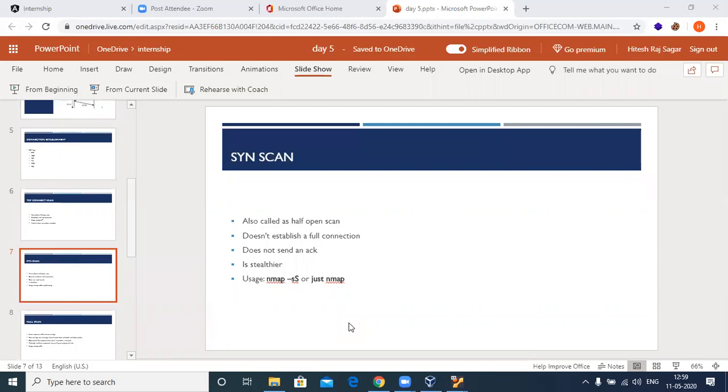Even if it is wrong, no problem at all. I'll put forward the question again, much clearer. In which scenarios are you going to use a SYN and TCP scan, and in which scenarios are you going to use these indirect scans, like the NULL scan or FIN scan? Two different scenarios. One is about that, one is about this. So when are you going to use that, and when are you going to use this?